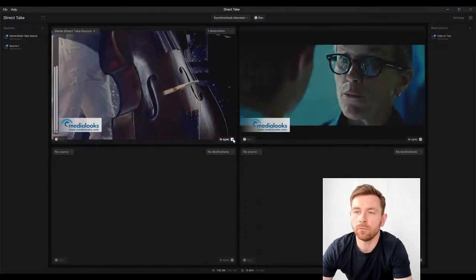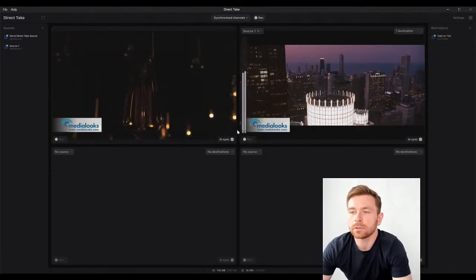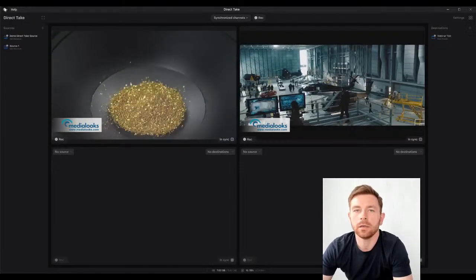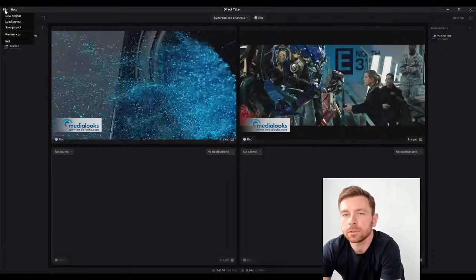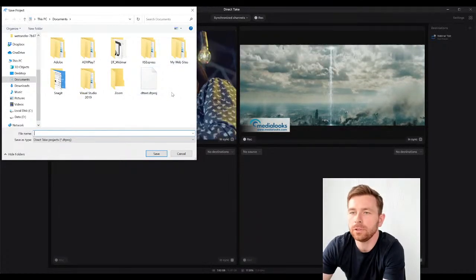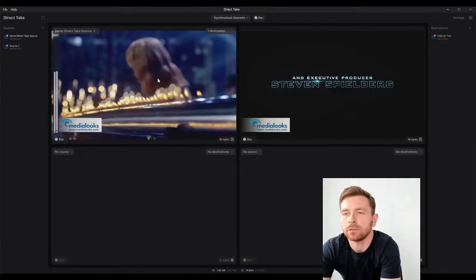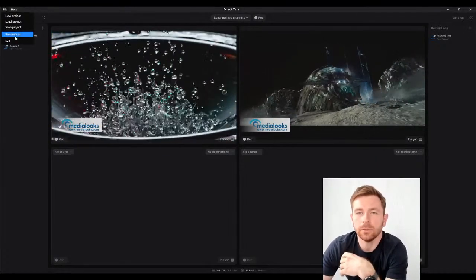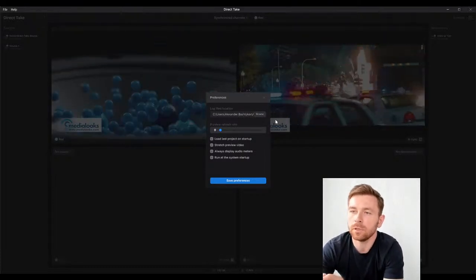That's basically the workflow of the Direct Take, and there are different preferences for the projects that I'm going to tell you right now. They are here in the File menu. You can save and load the projects, like save it to some kind of DT file, and load it after the session if necessary, for example. And the most interesting part in the File menu is the Preferences, where there are different options for the general